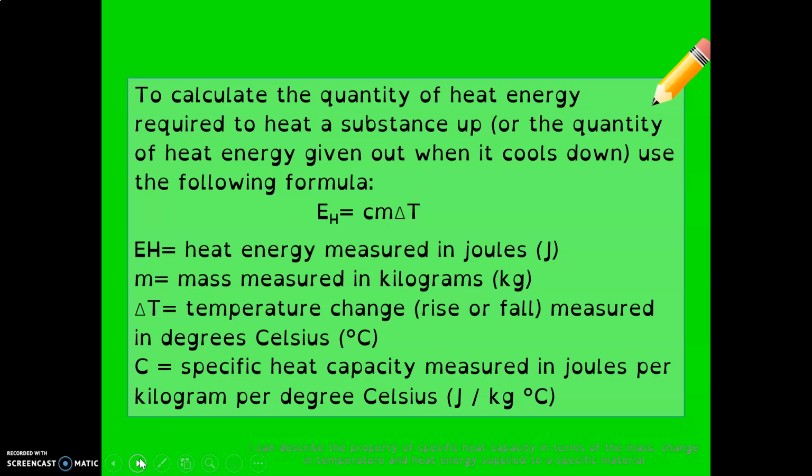And then you've got that funny triangle in the T. The funny triangle just means change in. It's sometimes called delta. So delta T is change in temperature. That's a capital T for temperature there as well. So the heat energy that's required would be your specific heat capacity multiplied by the mass, multiplied by the change